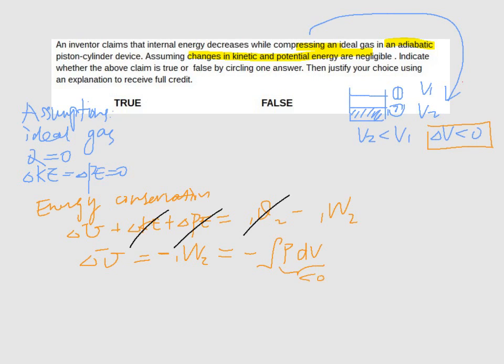We said earlier that the change in volume is smaller than zero, so that means this term is smaller than zero. That tells us the work from 1 to 2 is smaller than zero. And there's a minus sign right here, right? So minus a negative gives us a positive. So that means the change in internal energy is bigger than zero, right? The entire term gives you bigger than zero. So that's telling us the internal energy actually increases while we compress the ideal gas in this adiabatic piston cylinder device. So the statement is